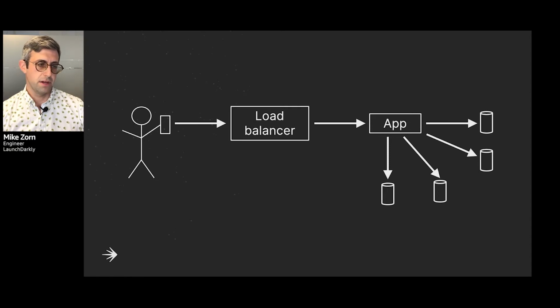You have a LaunchDarkly SDK installed in your application, and it sends some information back to LaunchDarkly about which feature flags are being evaluated and who saw them. This allows us to show you things like what flags are in use. The way this worked was, the SDK would send it. That data would then arrive at a load balancer, which would route the data to a bunch of application servers. And then those application servers were actually writing to numerous databases,